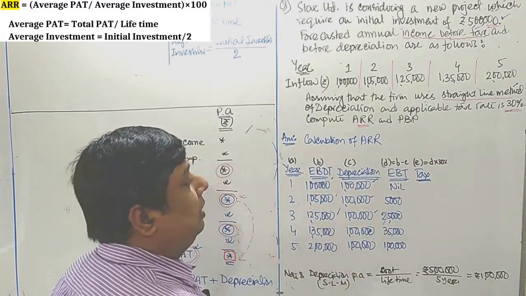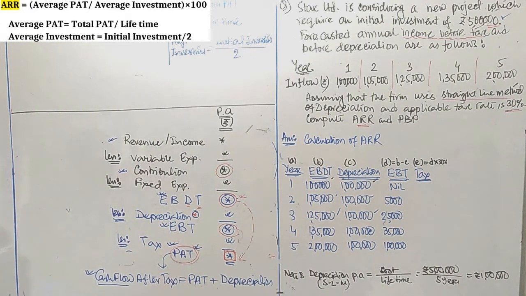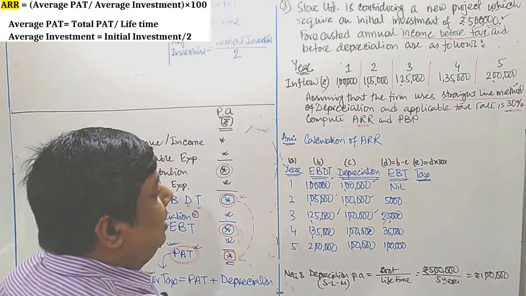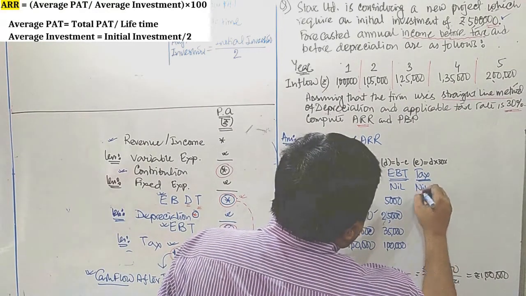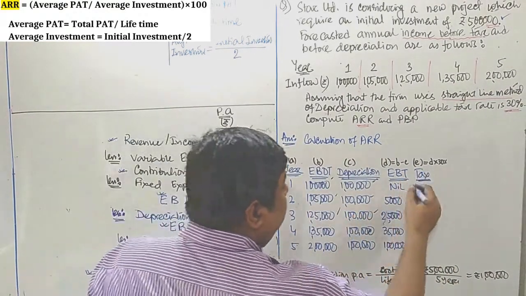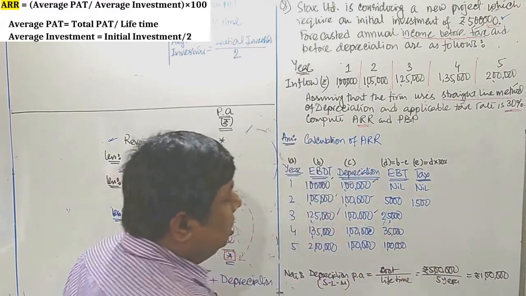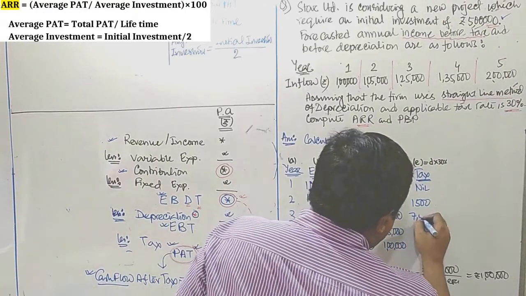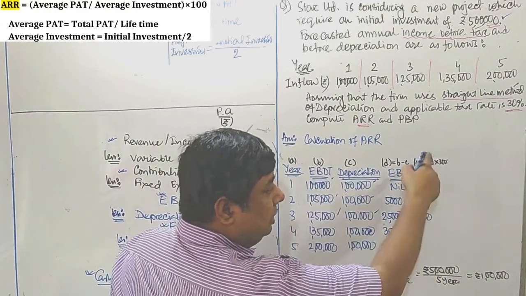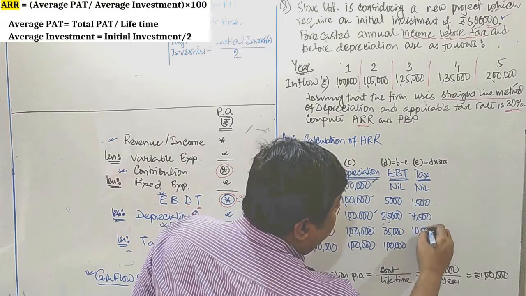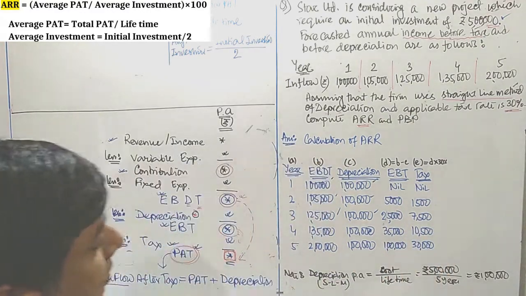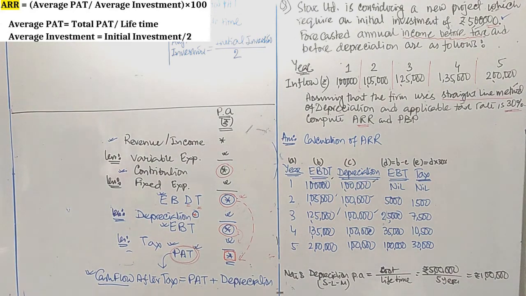Whatever amount you got under the D column, that is your income. From there 30% you are going to pay as tax. Now at first it is nil, then nil into 30%, obviously as you know, it is nil. 5,000 into 30%, 1,500. 25,000 into 30%, you are getting 7,500. 35,000 into 30%, 10,500. 1 lakh into 30%, you are getting a total of how much? 30,000 rupees.